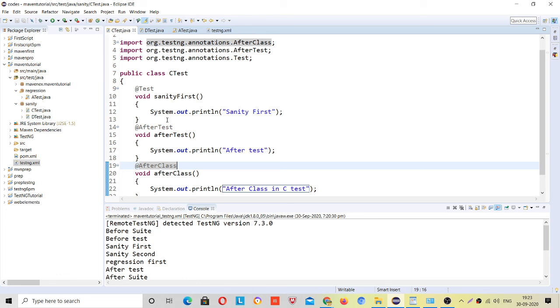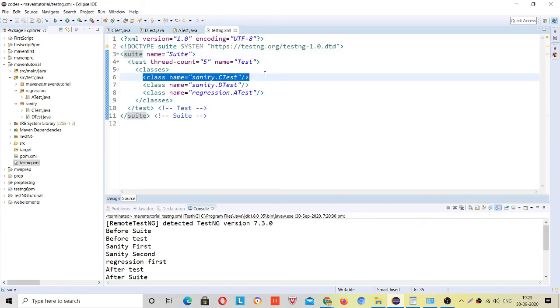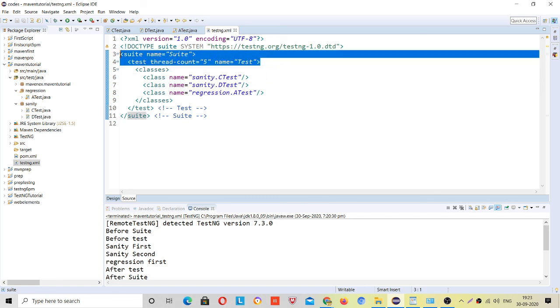It only looks for the annotations. At this level it doesn't jump to the class level; it only checks inside the whole project whether any @BeforeSuite, @AfterSuite, @BeforeTest or @AfterTest annotation is present.